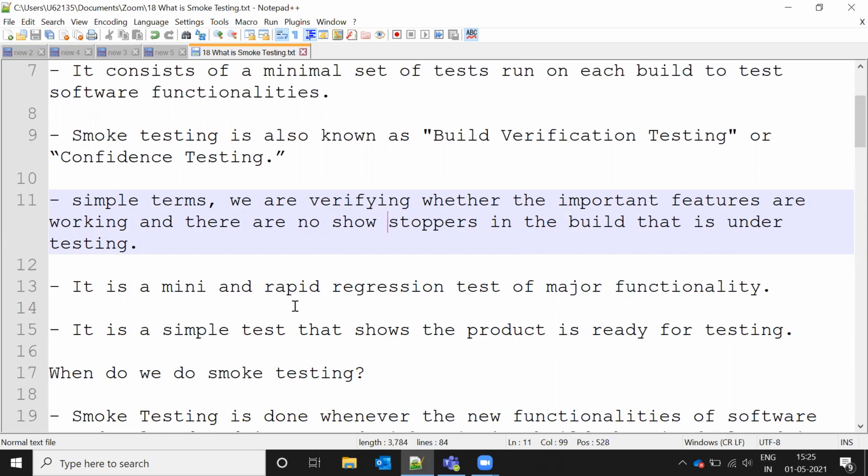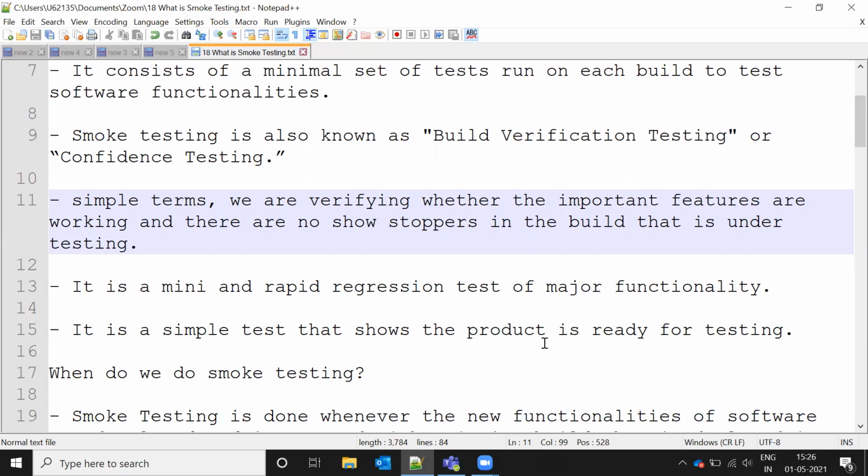It is a minimal and rapid regression test of major functionalities. We can call it a regression also, because in regression we do all the things, but here we are not going to do that. It's a small-size regression testing type. We pick the major functionalities and test them, and a simple test shows whether the product is ready to test or not.